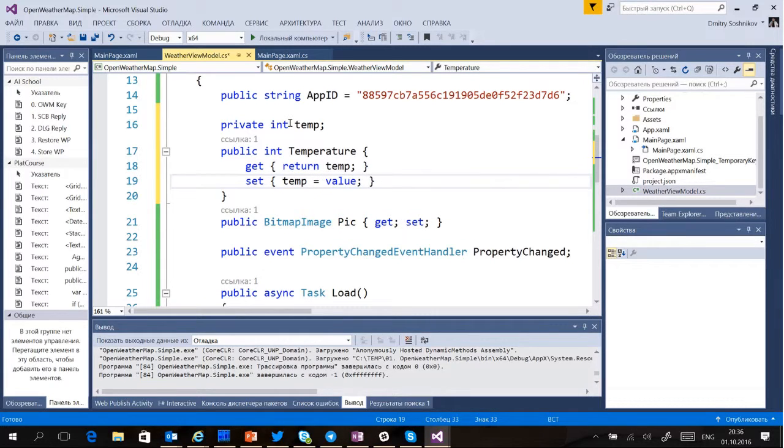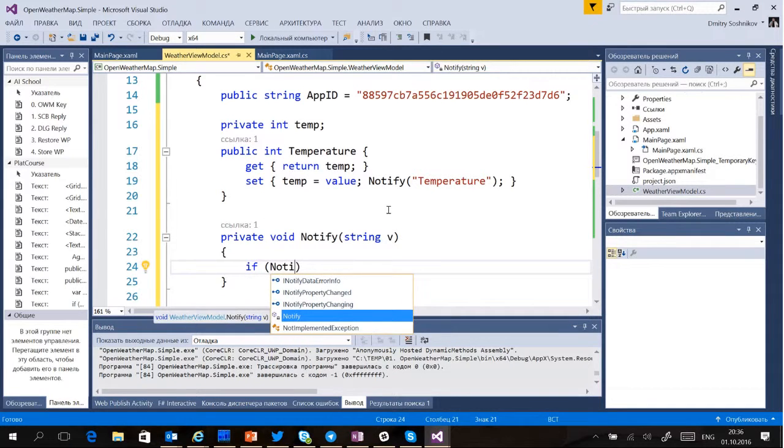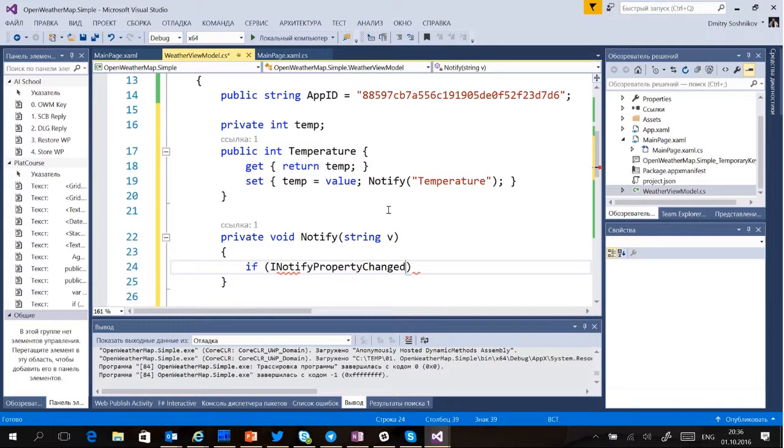And here I would need to raise the notify property changed event. So I would call a function, for example, I would call it notify, and say here temperature. So in this way, whenever I change this property, it would automatically raise the notify property changed event. And this notify method would be pretty simple. I would basically check if the property changed event